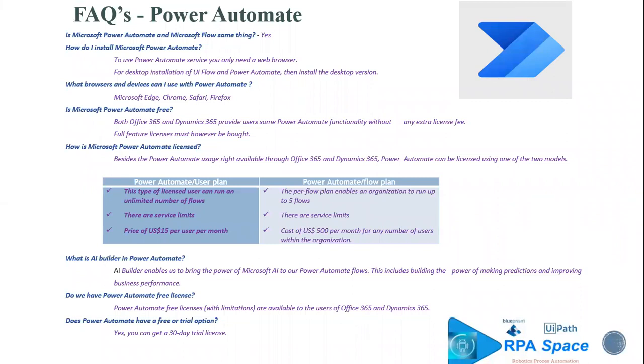Is Microsoft Power Automate free? Yes, of course, free, but with limited actions. If you want to explore the entire thing, you need to go for the full features with a licensing cost. The licensing differs from the basic one, and on the website I'll show you the recent types they've added. Initially they had a user per plan and a flow per plan. The user per plan costs around $15 per month, and the flow per plan with an unlimited number of users costs around 500 USD per month. So that's what the initial plan was.